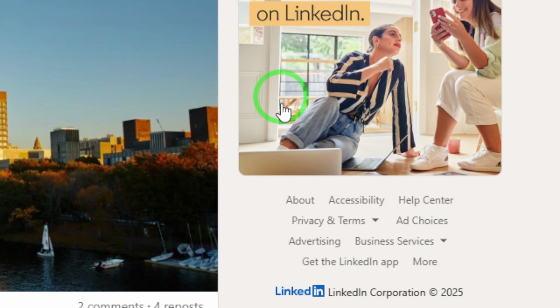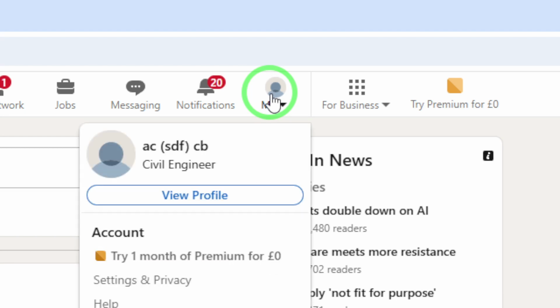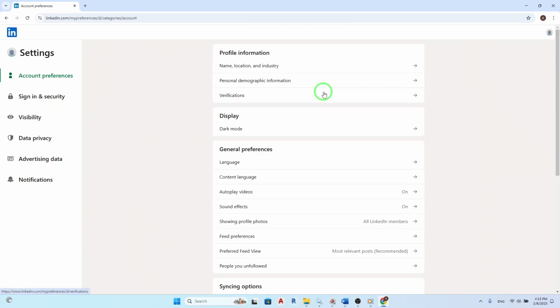Once you're logged in, look towards the top right corner of your screen. You'll spot the Me icon. Go ahead and give that a click. This will open a drop-down menu with several options. From the drop-down menu, we're going to navigate to Settings and Privacy. Click on it, and you'll be directed to a new page where you can adjust various aspects of your LinkedIn